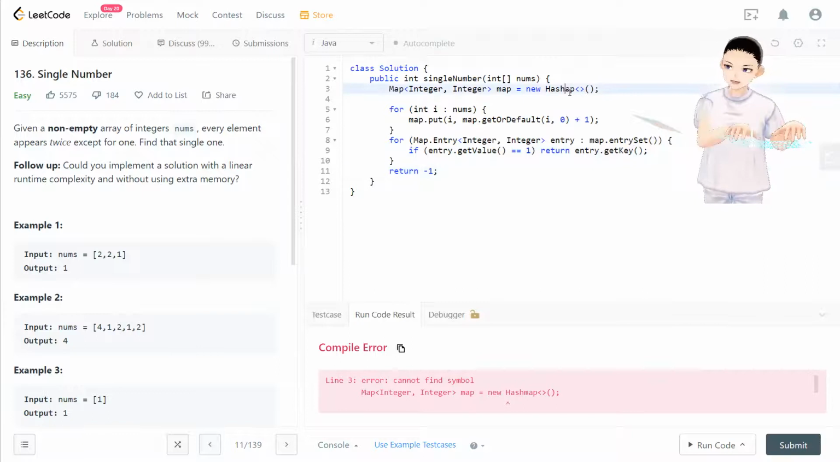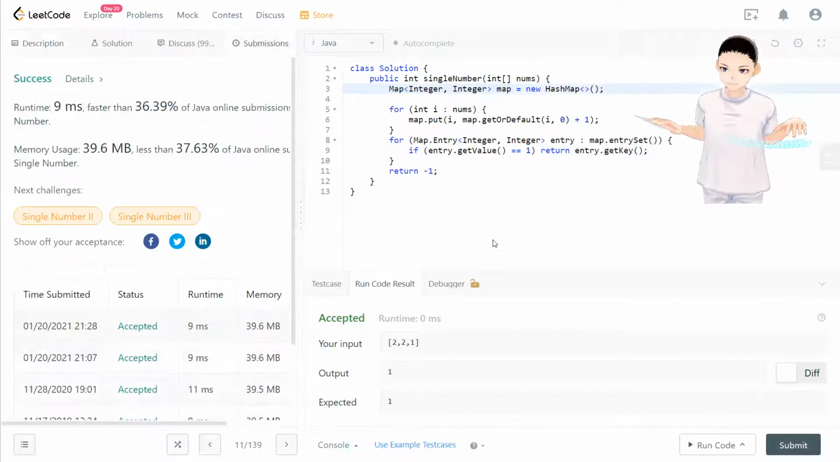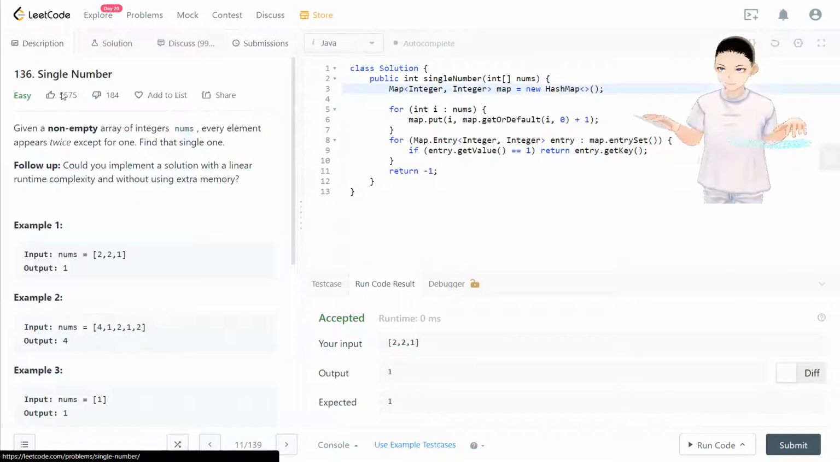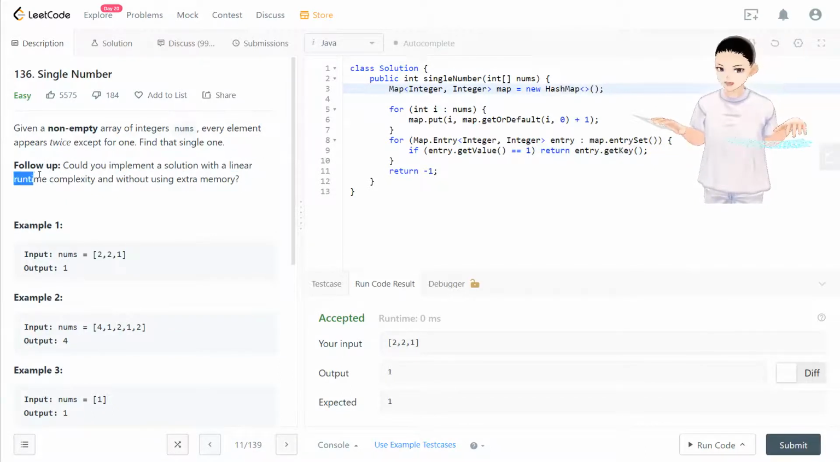Okay, hash map. So that's it for this question. This is one of the solutions, but look at the follow-up right here. We are using linear runtime by running through every integer inside the array, but we are using extra space. Originally, I think this is not much extra space, because the size is not that big,